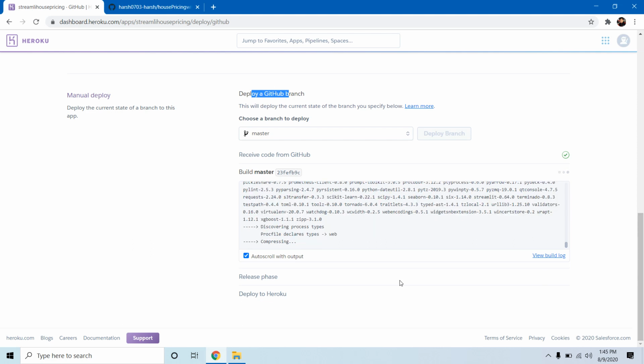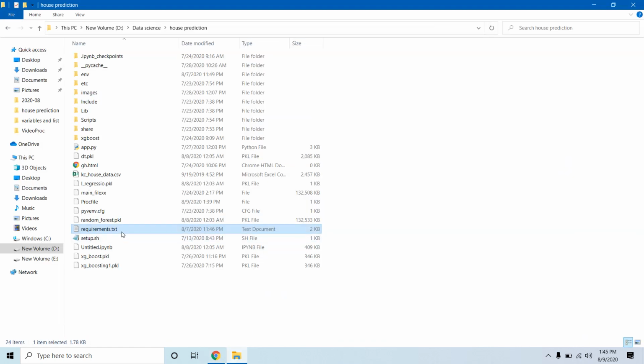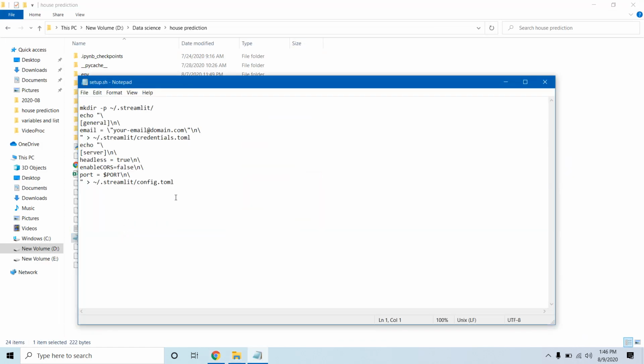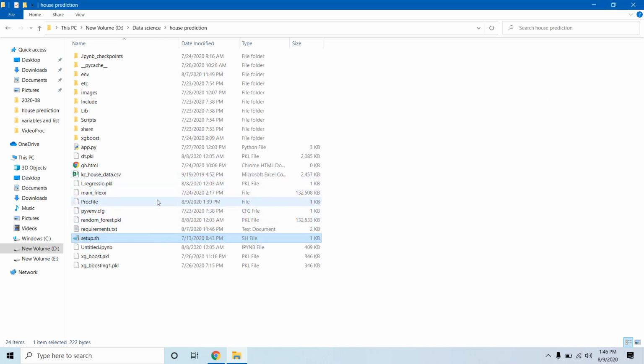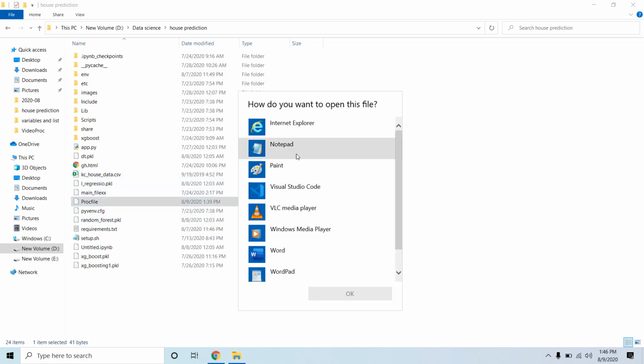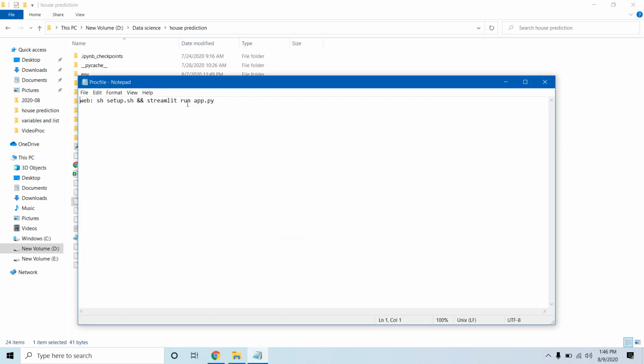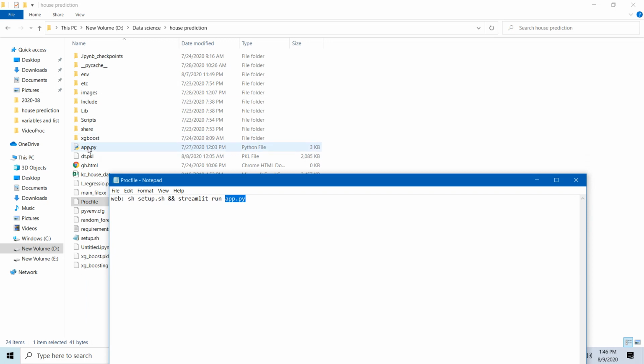See, now our Procfile is declaring our web app here. Make sure that the name in our Procfile is the same as in our setup.sh file. We have the same app name, app.py, and we have app.py here also.